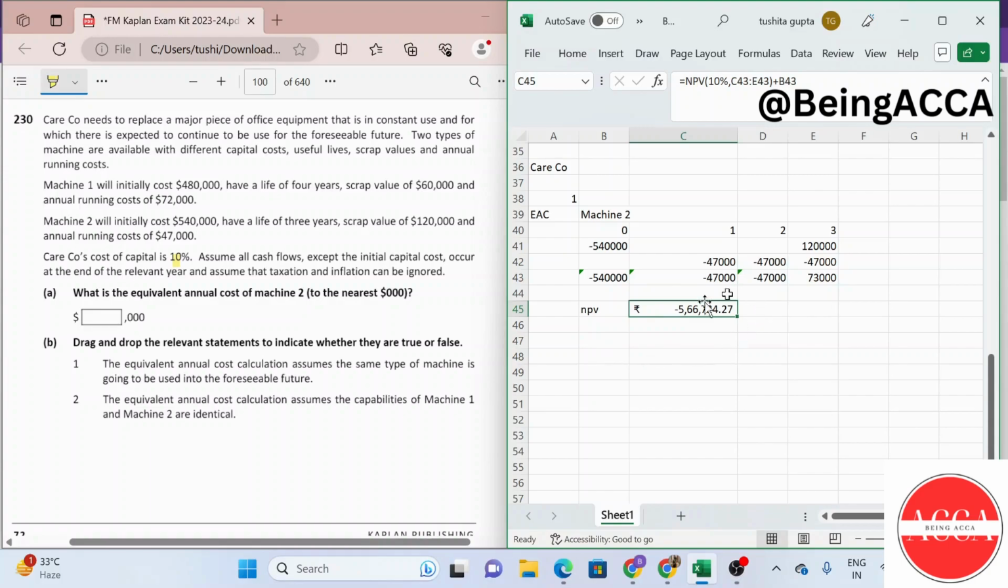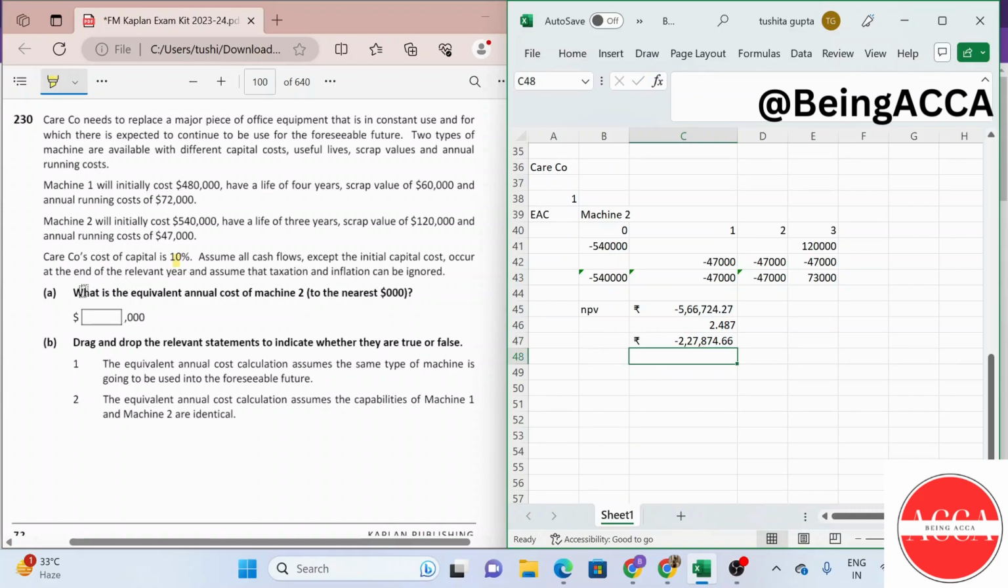So the equal annual cost is nothing but something that we discounted to today's time with the annuity factor. The annuity factor we will use for 10%, and for how many years we will use it for 3 years, because that is the useful life of this machine. The annuity factor given in the annuity table is 2.487, and if I divide this by this, I will have my equal annual cost, and my equal annual cost will come out to be